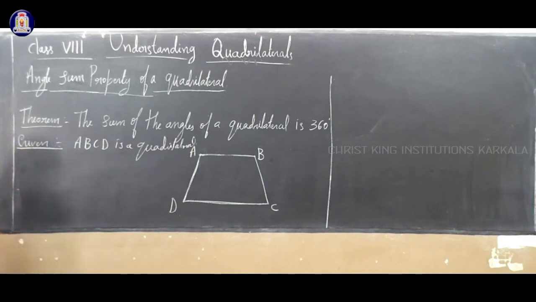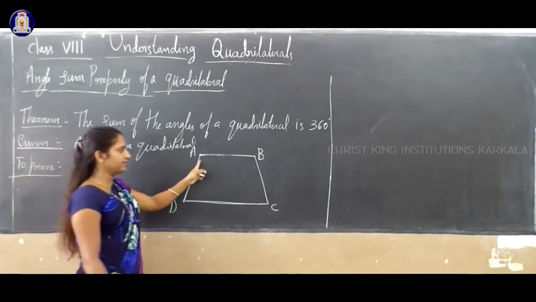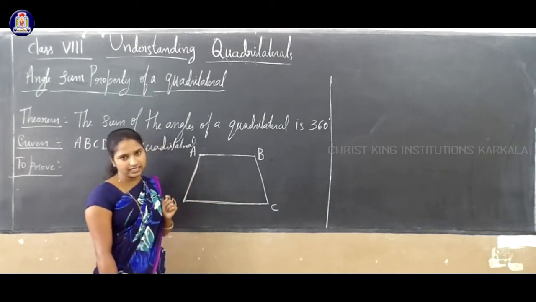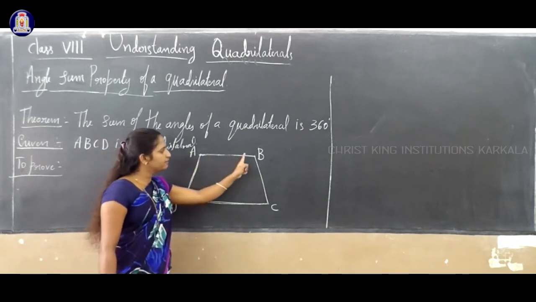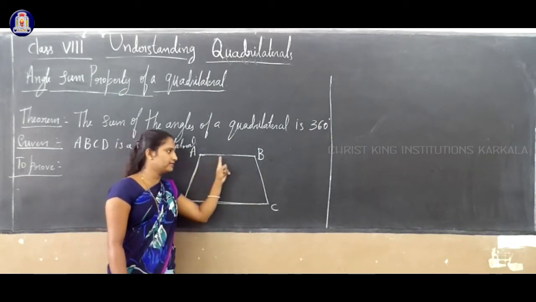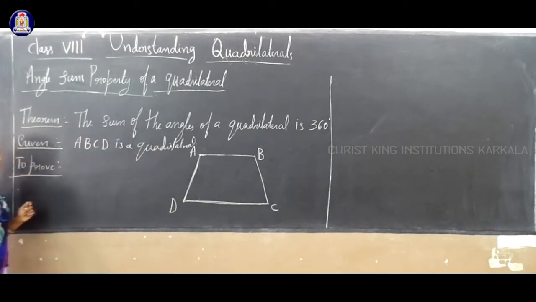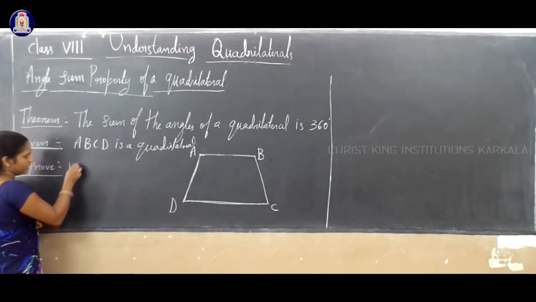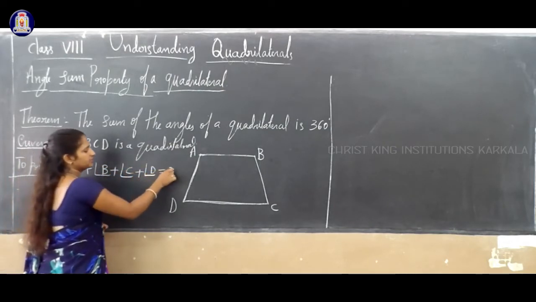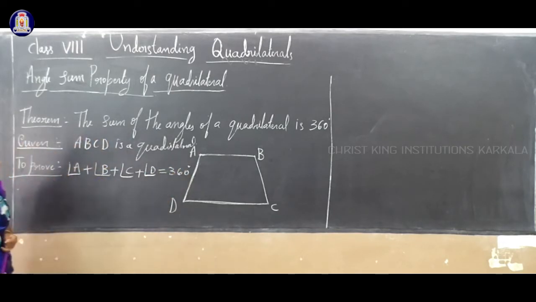So next, what do we need to prove? First we write down, to prove. We need to prove that the sum of the 4 angles, angle A plus angle B plus angle C plus angle D, is equal to 360 degrees. Clear? If you add the 4 angles of a quadrilateral, you get the answer 360 degrees. Okay. Next,